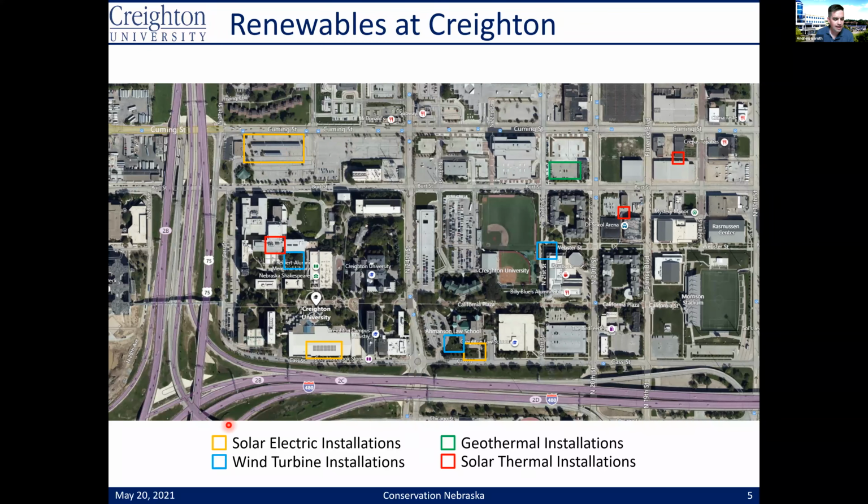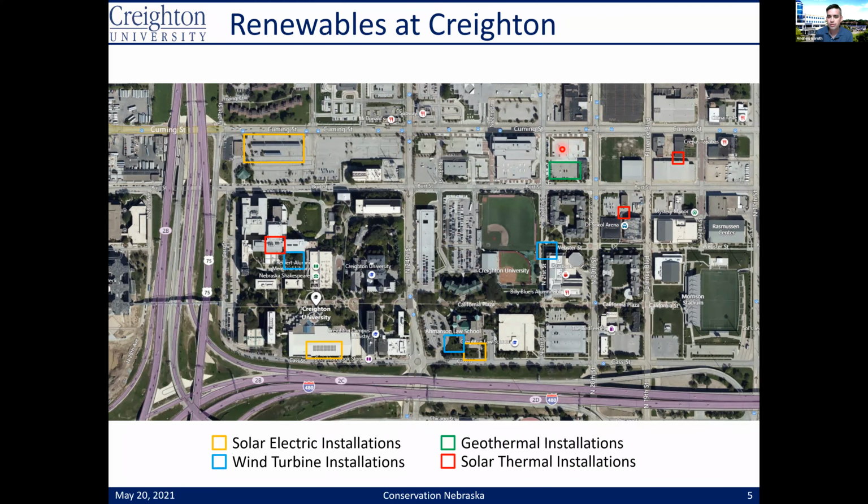We have this yellow orangey color. This is all the solar electric installations. I'm going to talk about each of those in turn in just a second, but we actually have a variety of them. Some are more familiar with the one on Cummings Street, but we also have some additional solar around campus. We actually have some wind turbines on campus, and in fact, we're going to be installing 4 new ones very soon. I actually just talked to the electrician yesterday. So that's happening really soon.